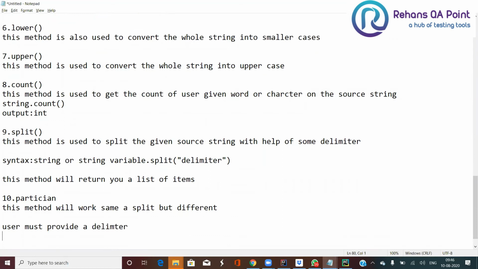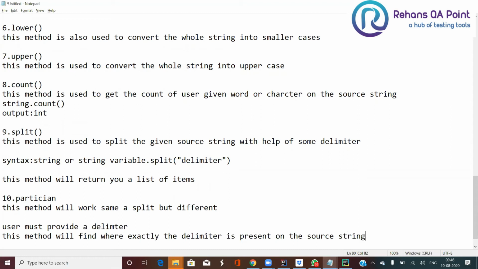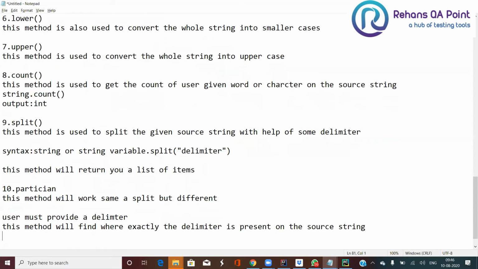This method will find where exactly the delimiter is present in the source string. It will go directly and search for where exactly the delimiter is available on the source string.